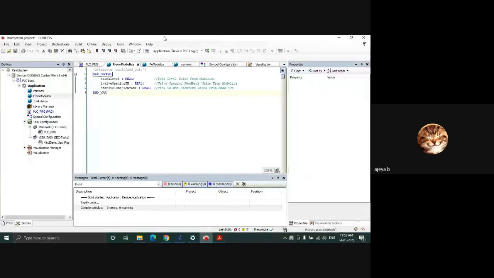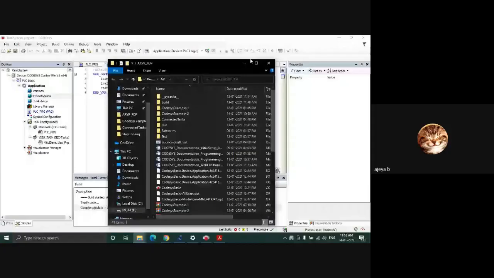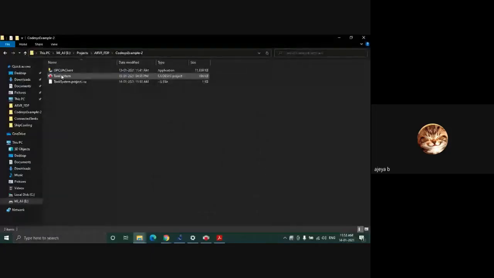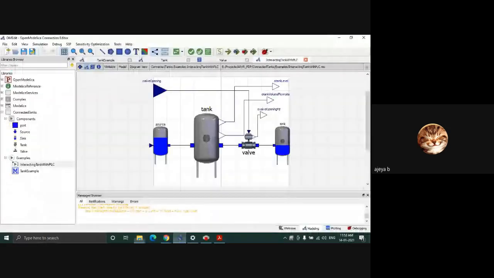and an OPC client script. This OPC UA client script is used to link between the Modelica OPC server and the CodeSys OPC server.